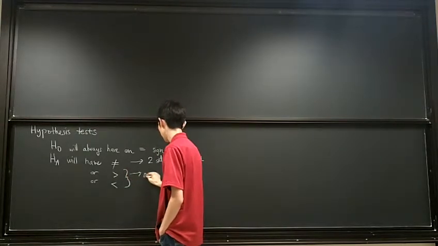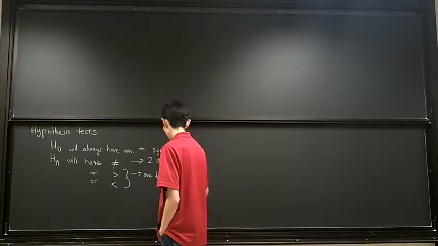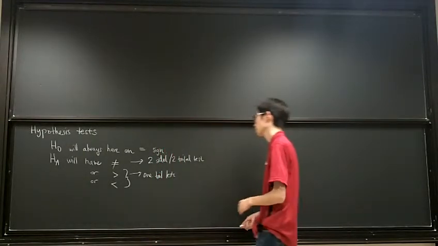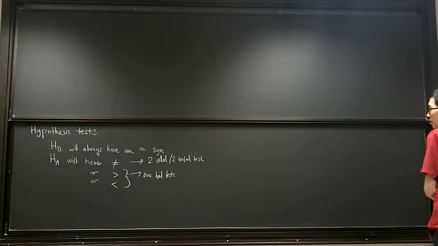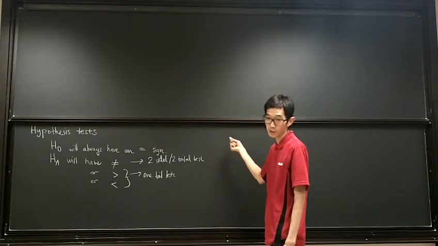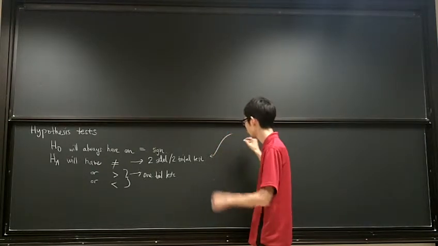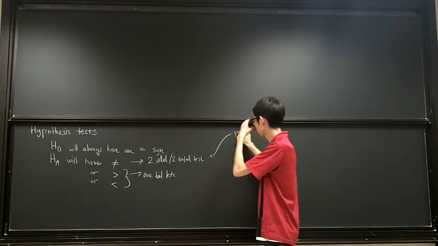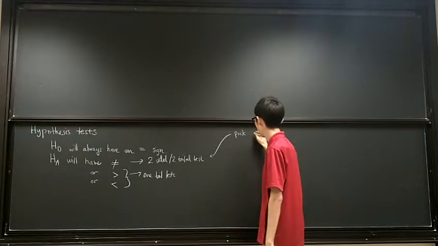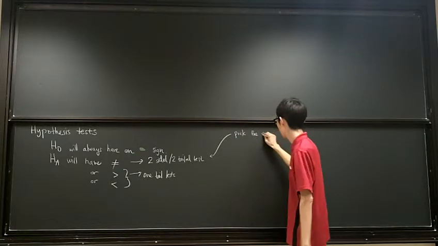And these are one-tailed tests. And you pick these based on how the question's written. Okay? Pick the sign based on